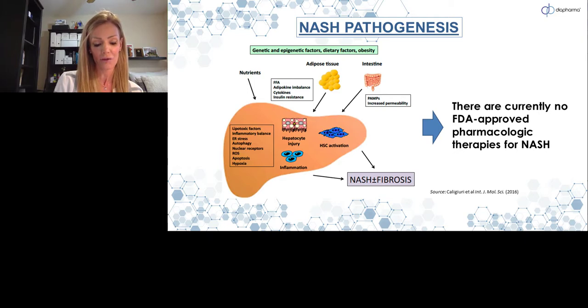Insulin sensitizing drugs such as pioglitazone and metformin, as well as vitamin E, have been evaluated as treatments for NASH, but each has drawbacks and limitations. Weight loss through diet and exercise remains the recommended treatment strategy for NAFLD, but unfortunately, only a small fraction of individuals is able to achieve and sustain therapeutic goals. So there's very clearly an urgent need for pharmacological treatment options for this growing population.